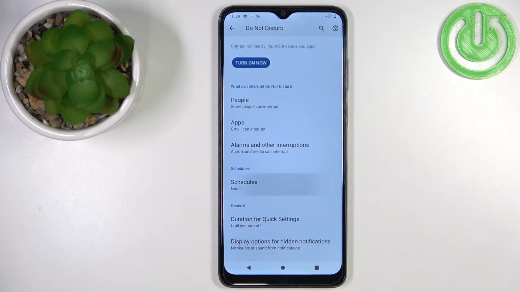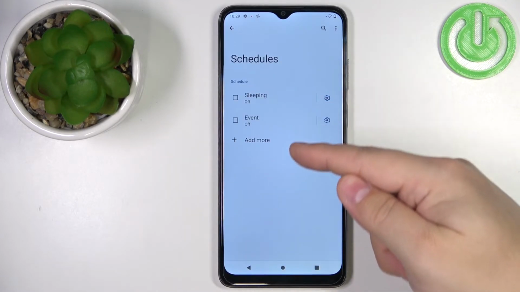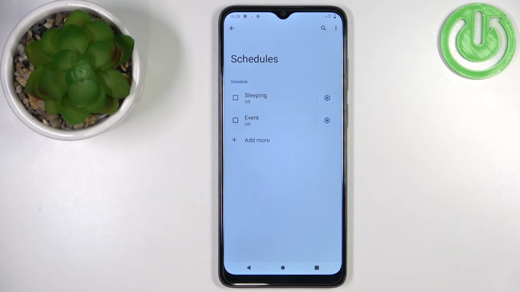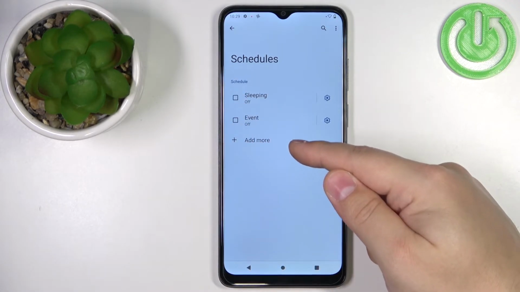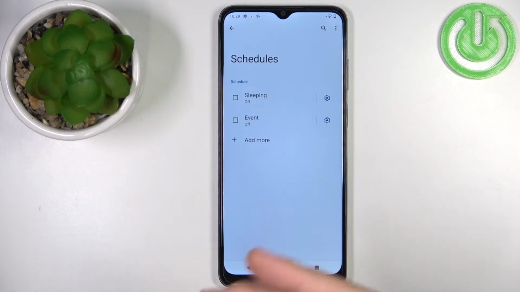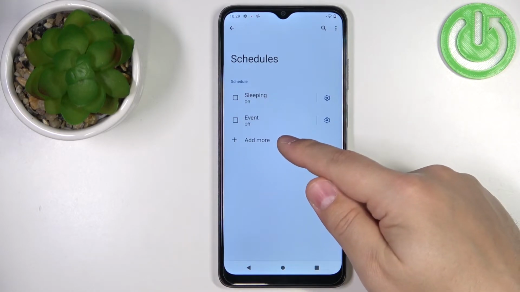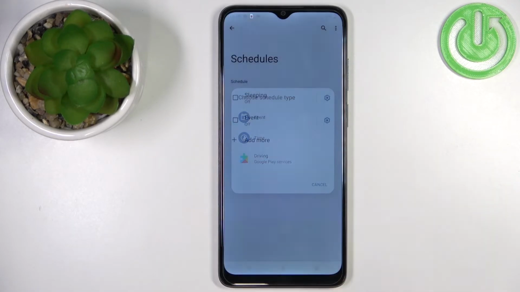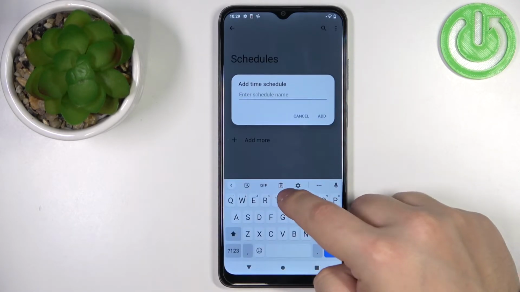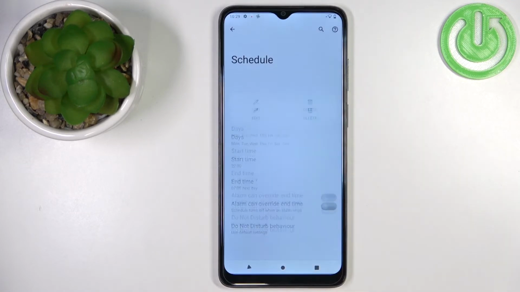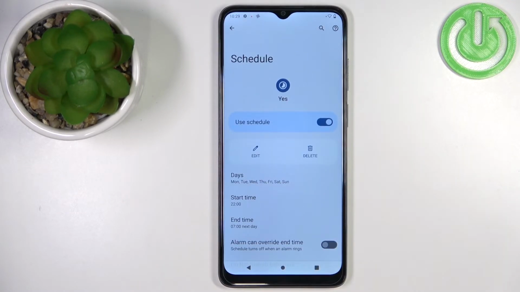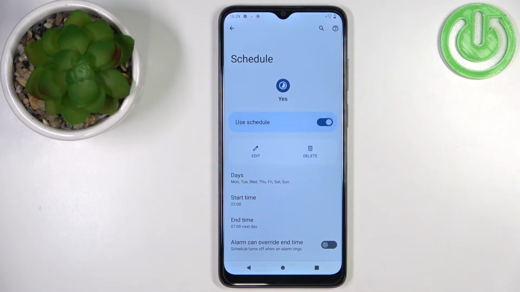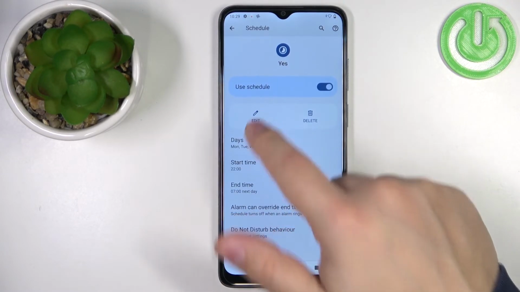So we can tap on schedules. Here we have the pre-existing ones, so we can turn them on and off by tapping on the boxes like this. And we can also add our own schedule, by tapping on add more. And here we have type of schedule, for example, time, enter the name, then tap on add. And this will open this page, and here we can edit the schedule, and we can enable it or disable it. We can edit the name by tapping on